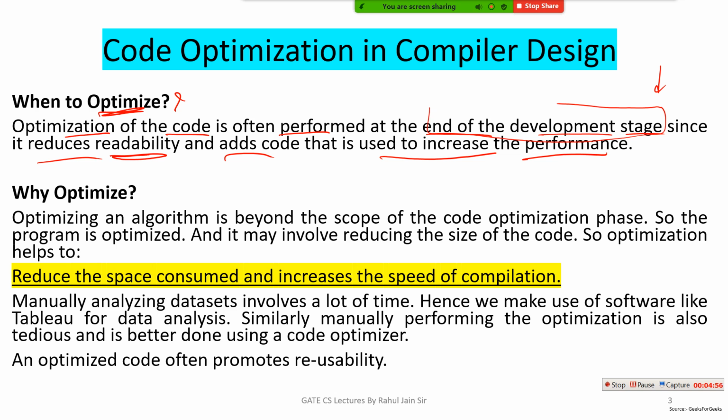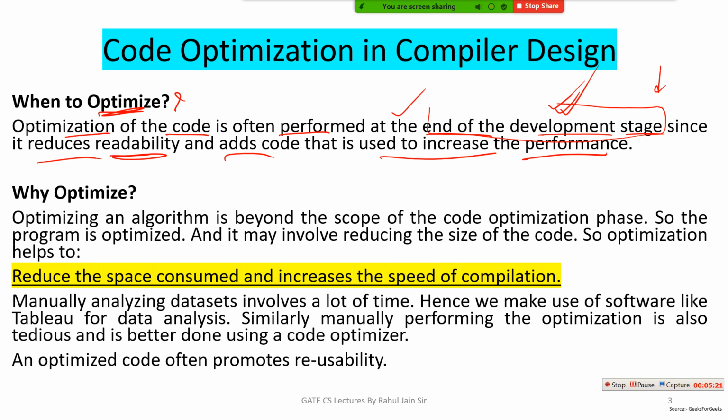That is why optimization is carried out at the end of the development stage. So you may face a question, you may be asked directly, when should optimization be carried out, and it may give you four options. So you must know that optimization should be performed at the end stage of development,